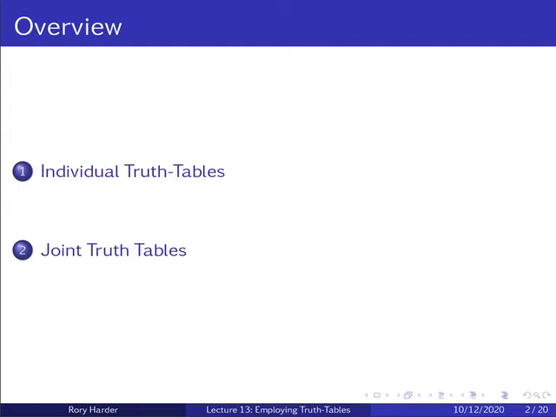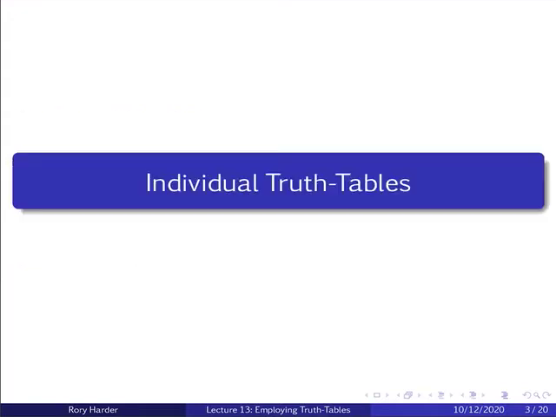And this is what we have been doing in determining whether, for instance, an argument is valid or whether a group of sentences are consistent, inconsistent, or contradictories. We also use the joint truth tables for testing whether two sentences are equivalent. So